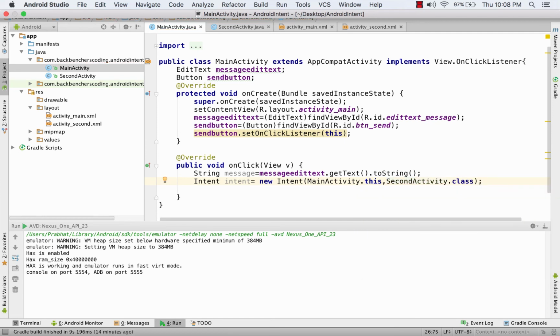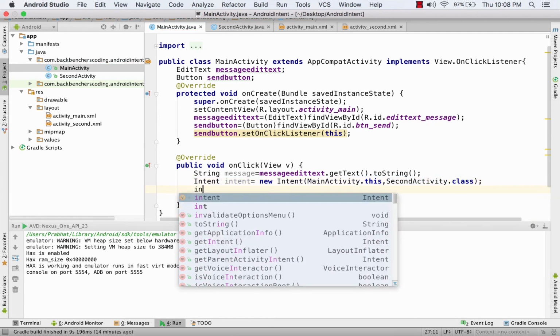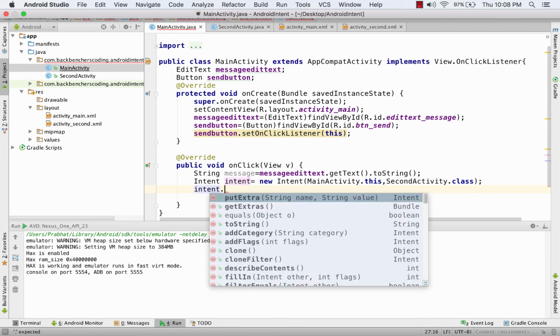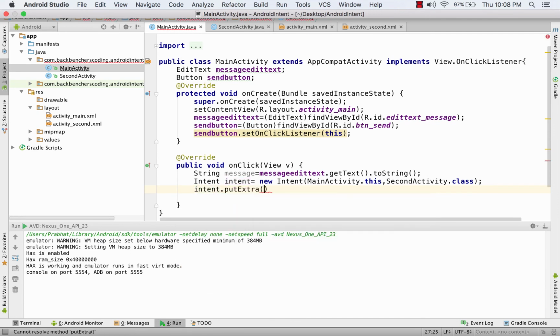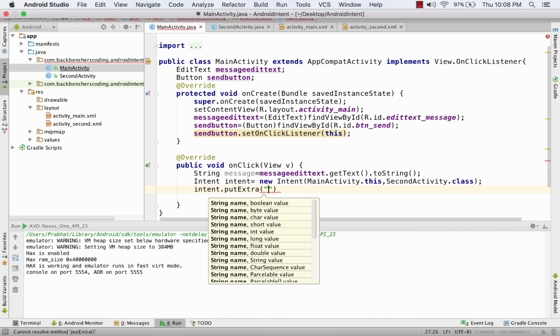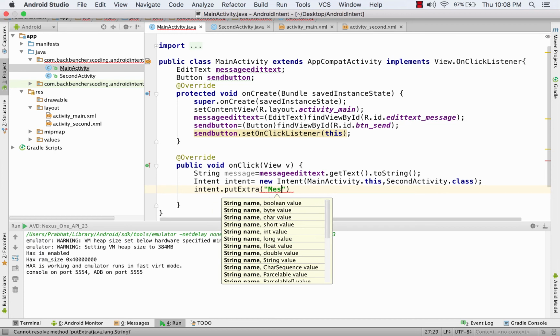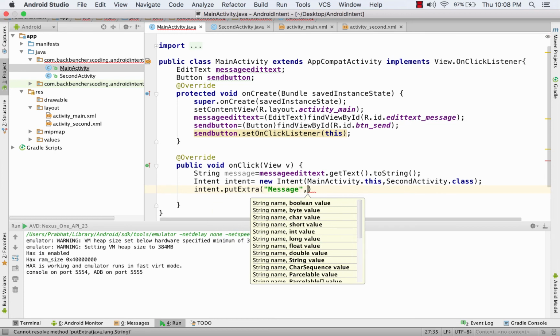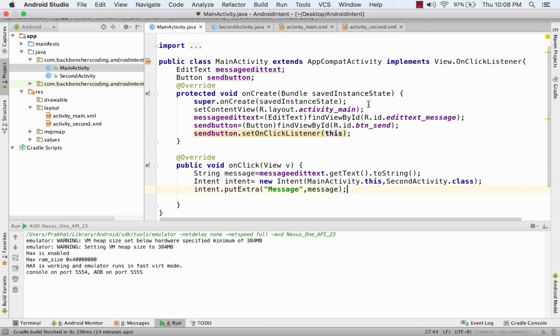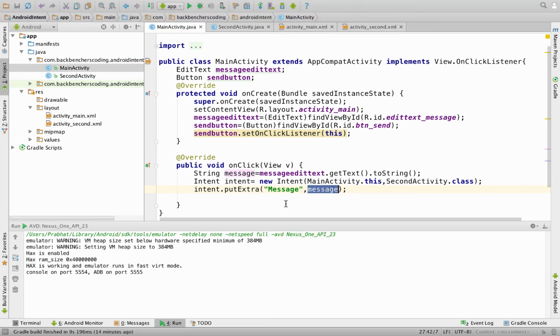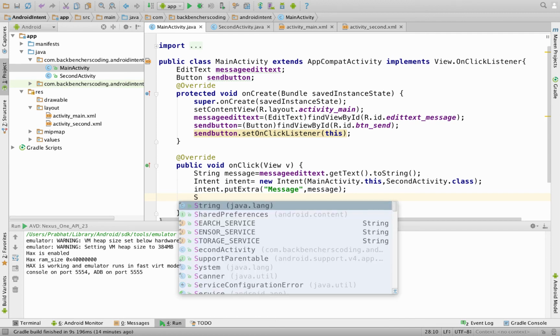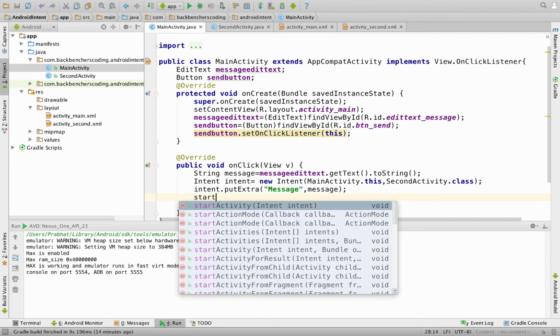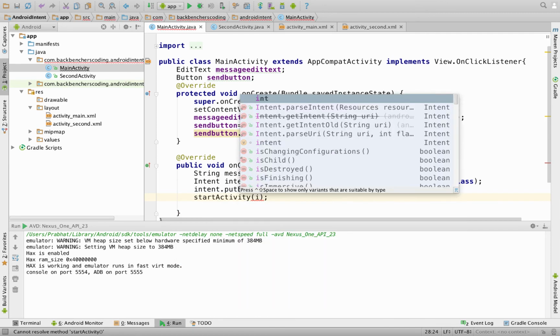And now we use a function called putExtra with this intent, like this, intent.putExtra. This function will send our message and here we create a key as message and pass this message to this key. Now this message will be stored in this key and this key will be used in the second activity where we'll get this content. So we'll start this activity by using the function startActivity and pass within parameters intent.